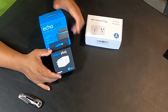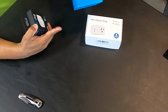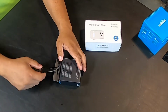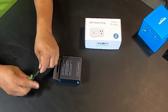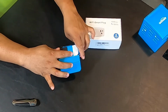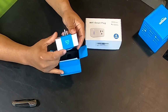Alright, so as we get started here, I'm going to start off with the Amazon Smart Plug. Now, it did come with the Amazon Echo Dot. I got the Gen 3. It was one of those things that came as a package deal, so we'll actually do the unboxing of the Amazon one first. Now, I'm not going to do the smart speaker just because that's going to be a different video, and I kind of want you guys to see why I'm going to be doing that video in the next couple weeks. Now, the actual smart plug is on the larger side, so it's not a small plug whatsoever,